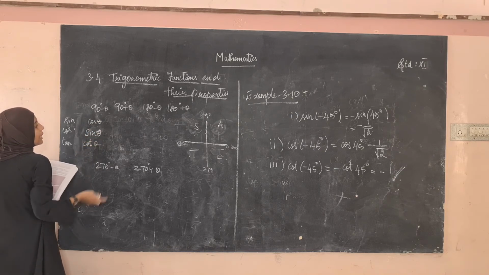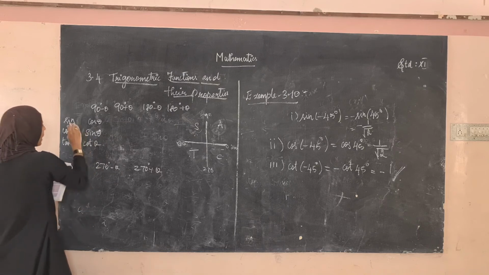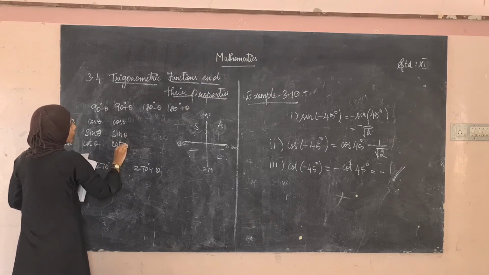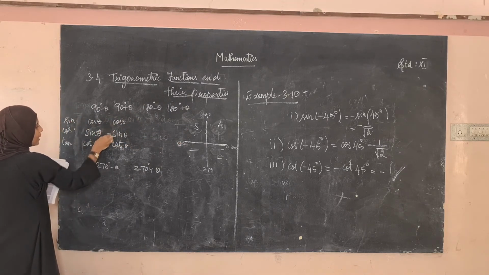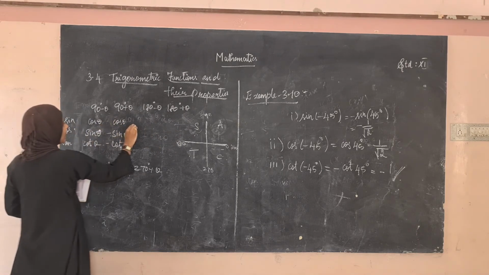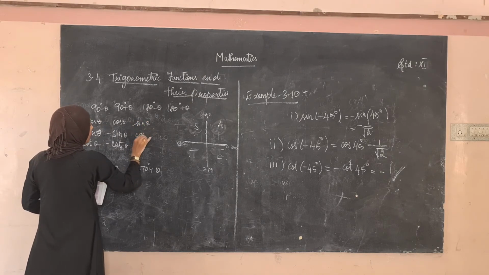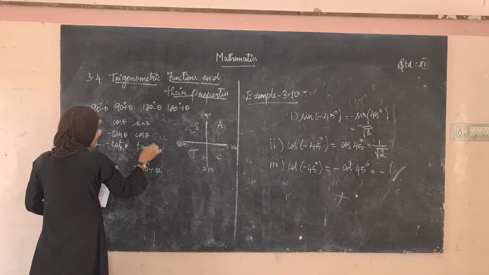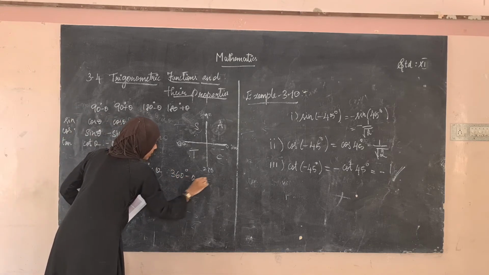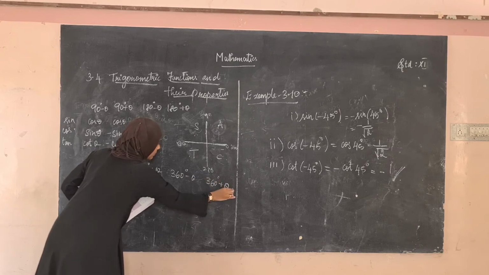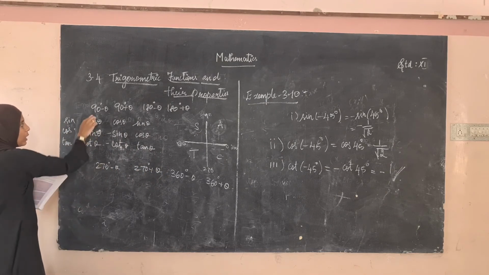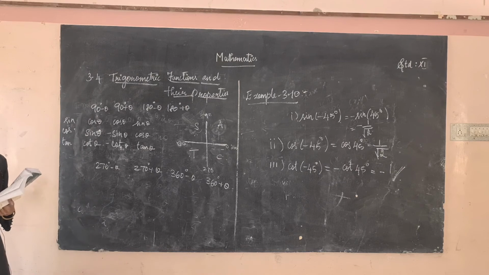So sin 90 minus theta becomes cos theta, cos becomes sin theta, and tan becomes cot theta. And again 90 plus theta: 90 again changes to cos, sin and cot, but only sin will be plus, the other things are minus. Okay, 180 minus theta: 180 doesn't change, so it is sin theta, cos theta and tan theta. Why doesn't it change? For 180 and 360 there are no changes. See here, 360 degree minus theta, 360 degree plus theta. Just keep in mind that for 180 and 360 there are no changes, sin and cos don't change.